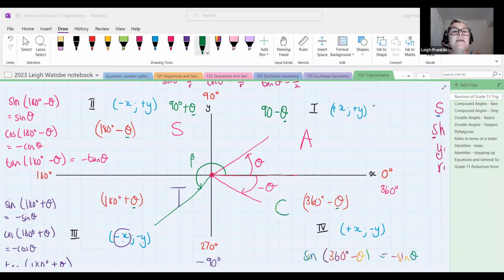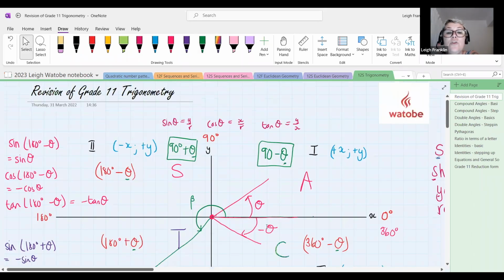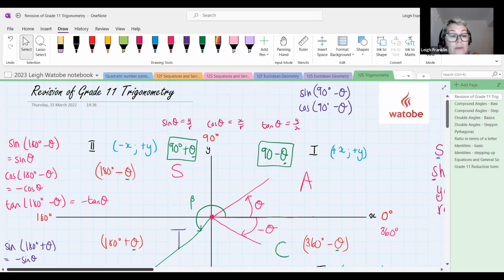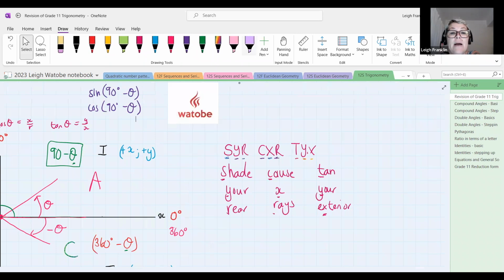So 90 minus theta and 90 plus theta. 90 minus theta is quadrant 1 and 90 plus theta refers to quadrant 2. The only ones that you learn about are sine and cos. So you can have the sine of 90 minus theta and the cos of 90 minus theta. Incidentally, if they do give you the tan of 90 minus theta,